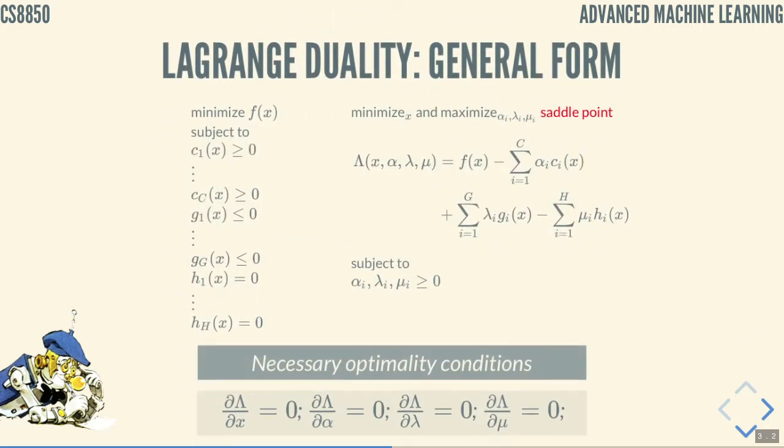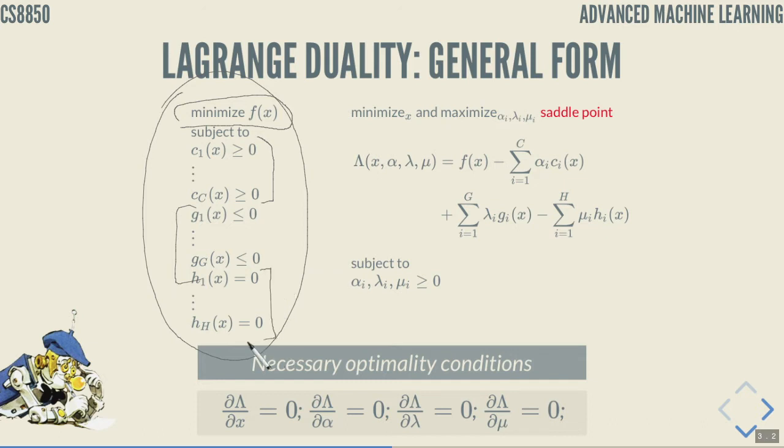So in general form, if we have a problem that is specified in this constraint form, that the problem is to minimize some function subject to some inequality constraints and some equality constraints, then Lagrange and others following after him have shown that you can rewrite this constraint problem on the left into a non-constrained version on the right,